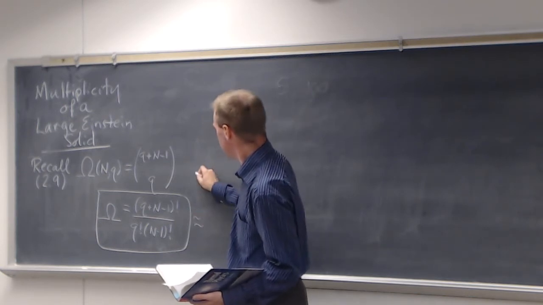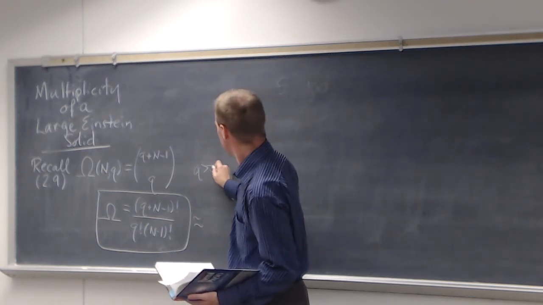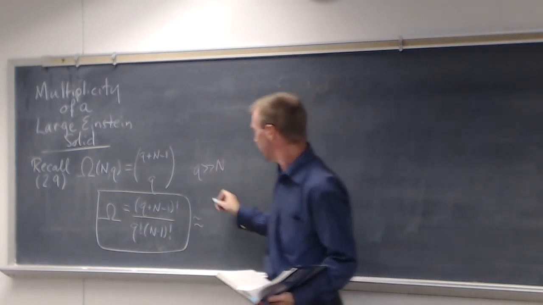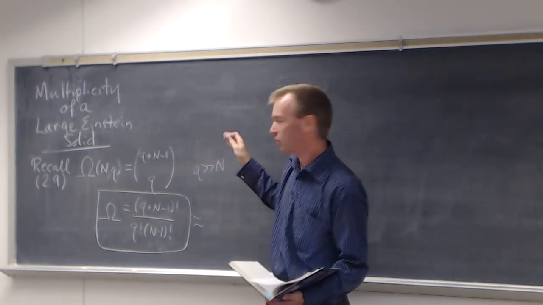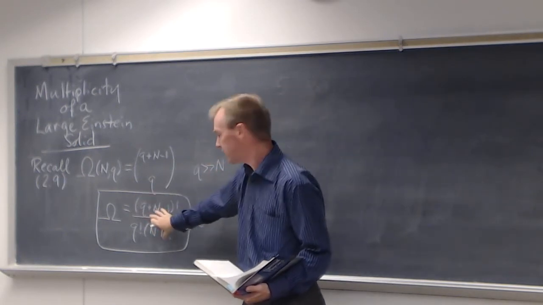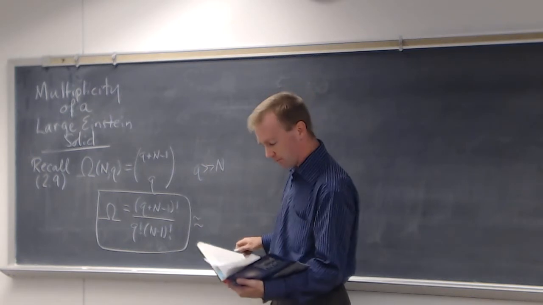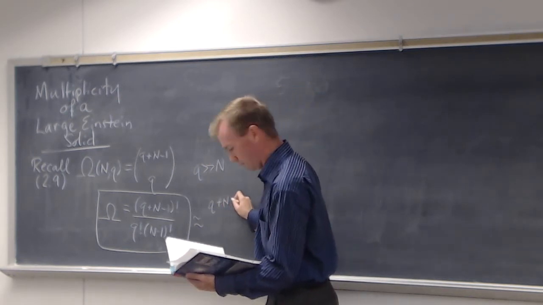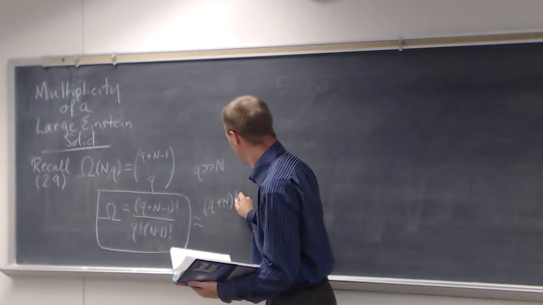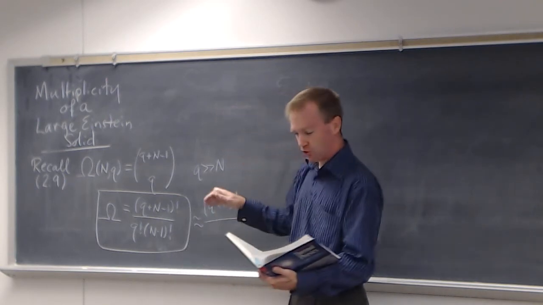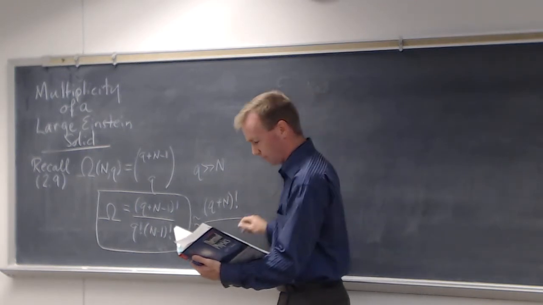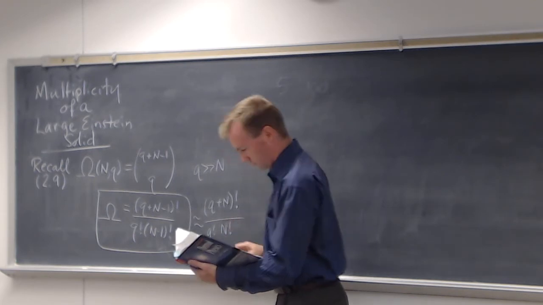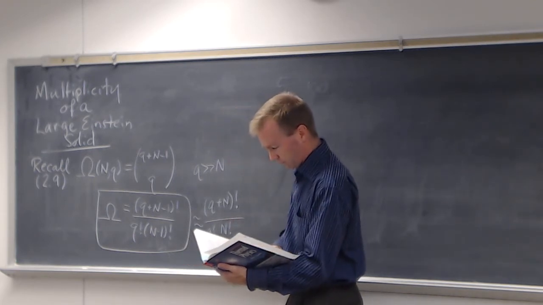So if Q is much greater than N, we call this the high temperature limit. This holds true in every case, but if Q is much greater than N, then and Q and N are both large,